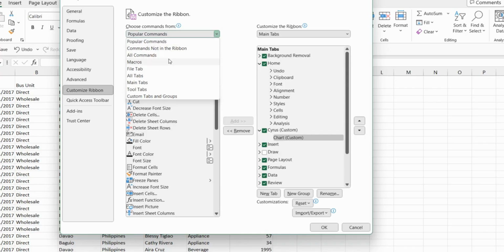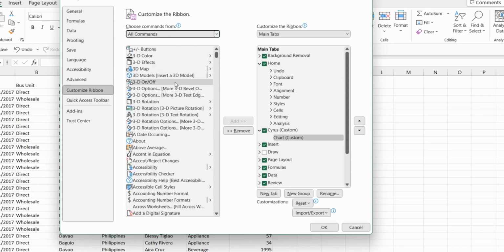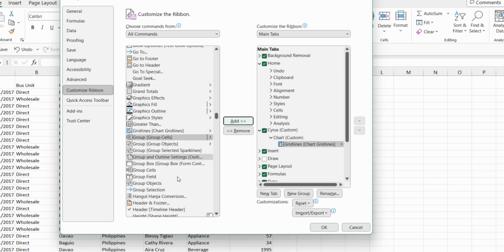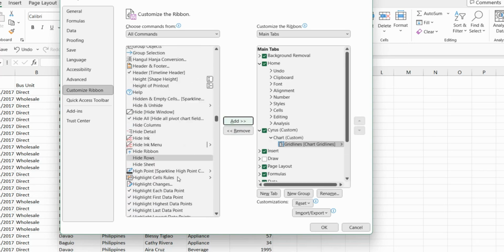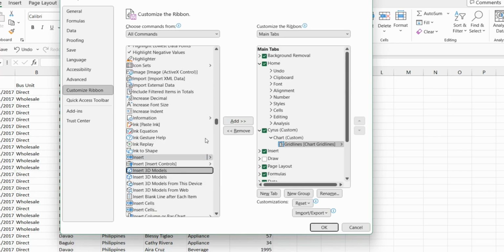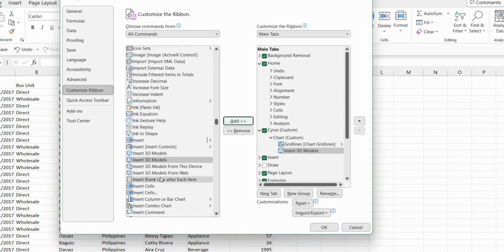If I would go to all commands, I'll choose the chart commands that I normally would use. Let's say this one, grid lines, chart grid lines. I'll just click add. And then let's look for some more, let's say, search 3D models, because sometimes we could